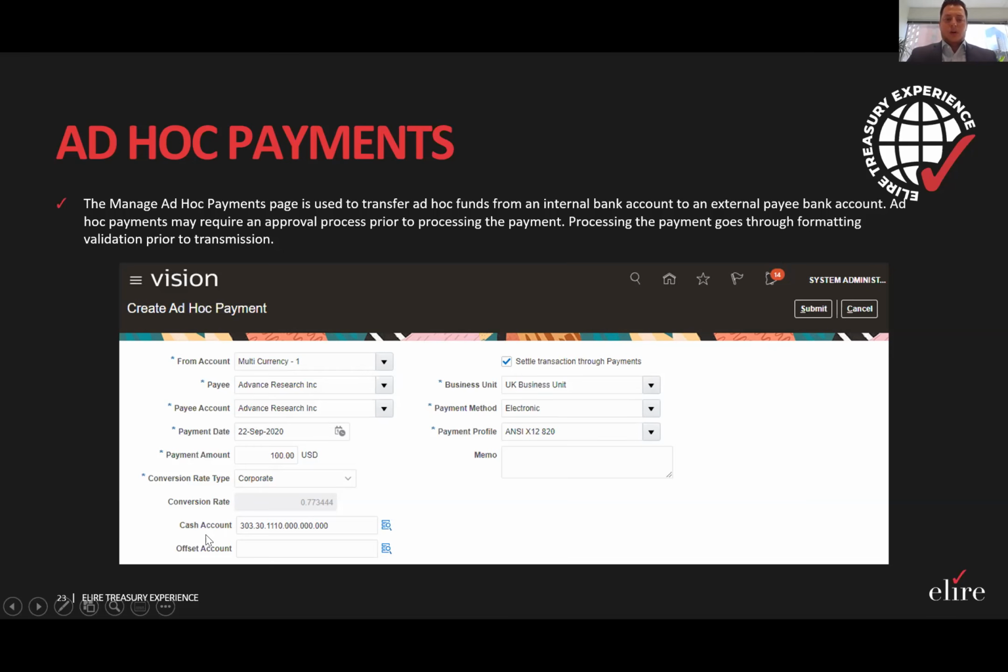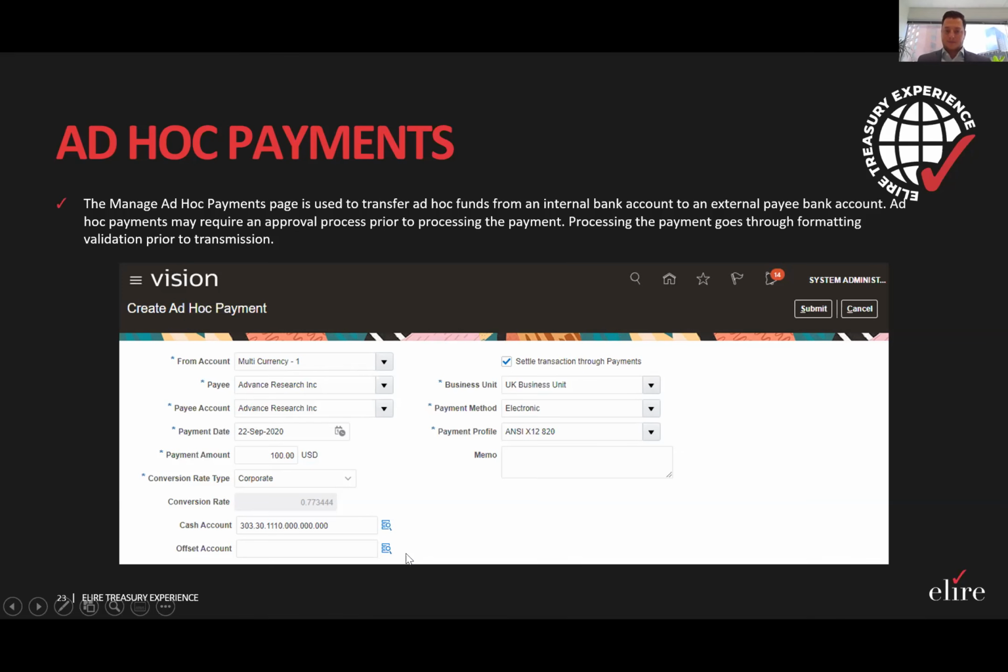One thing I do want to call out regarding defining accounting is that this cash account is derived from the bank account setup. So we touched on that briefly when we defined the GL cash account on the bank account. If we were to leave this cash account field blank, the application, when it creates that accounting entry, will look back into the bank account and automatically apply that for us. So best practice would be to allow the transfer to derive the bank account cash account,